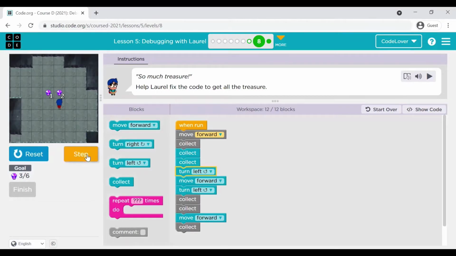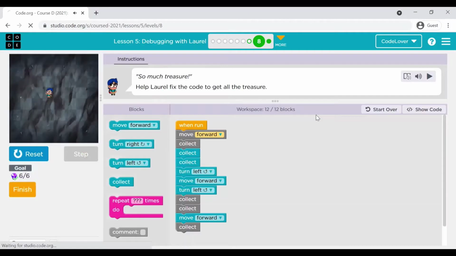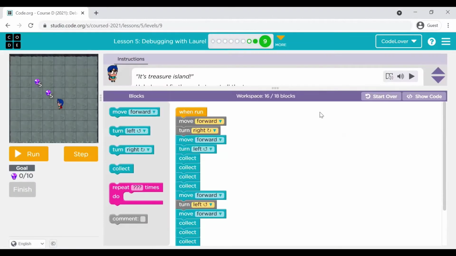Turn left seems to be right. Move forward seems to be right. At this place, the command has to be to collect 2 gems. Collect. She collected 2 gems, move forward, and then 1 gem is again collected. So we could figure out what the problem was. We fixed it and now it is working fine.